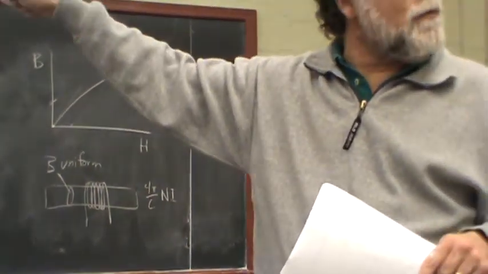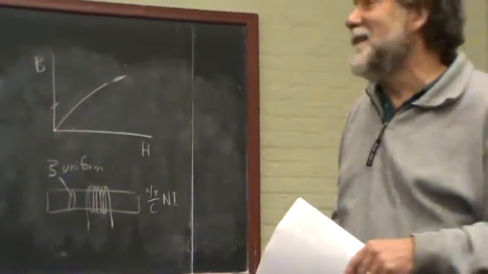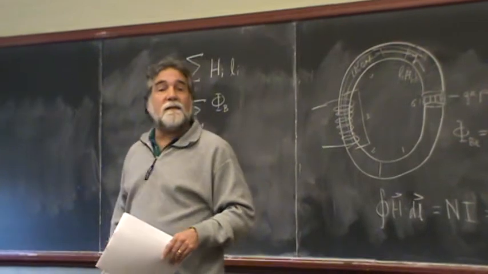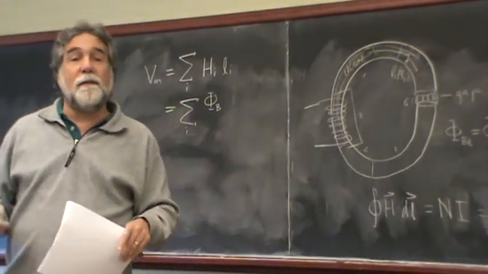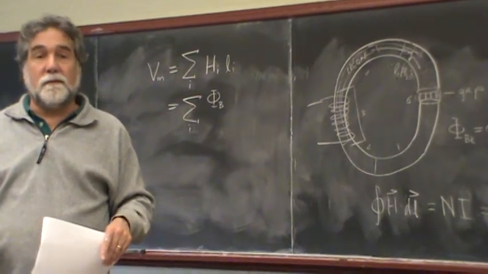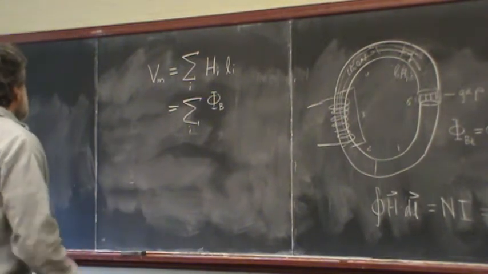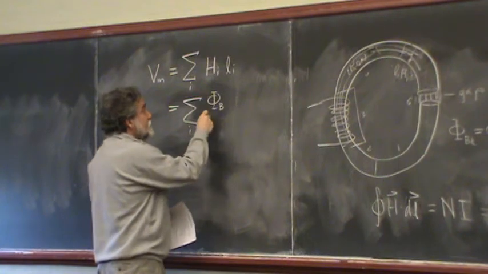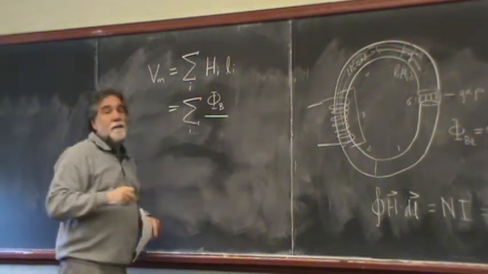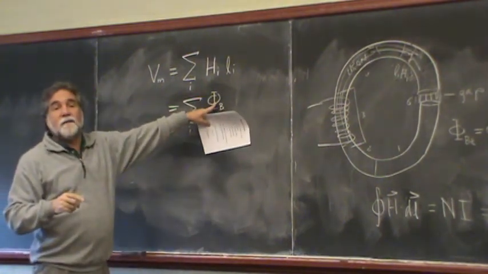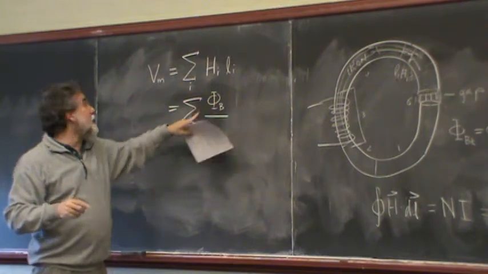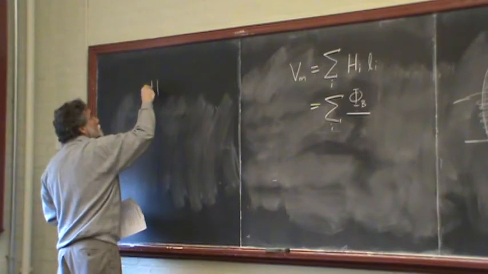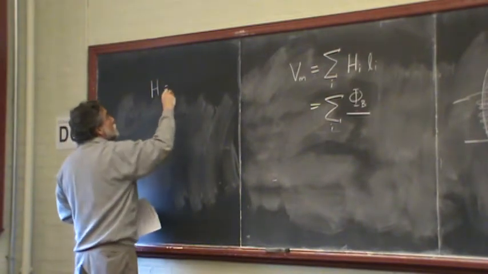So I have to put a few more things in there in order to make that work out. Because the H field is, and I hate to write it this way, B over mu. Right? So I've got my magnetic flux here, but this is magnetic field times area. Actually, maybe I'll write that here. So I've got H is equal to